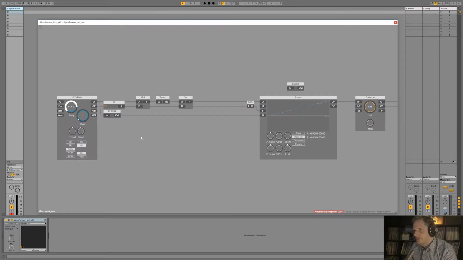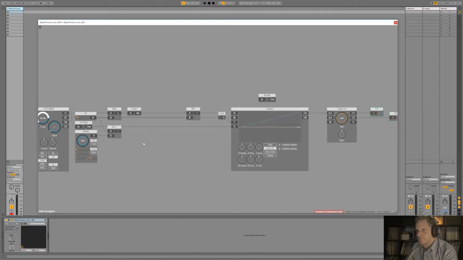And now we will do this. So we have the number of steps. We are going to need a knob, which we will call beats. Let me align this here. And we are going to divide the number of steps by the number of beats, like this. And what we want to do is to modulo this truncated output by the division before,